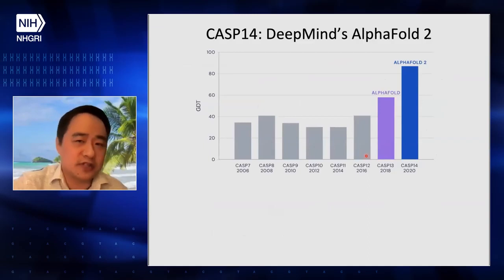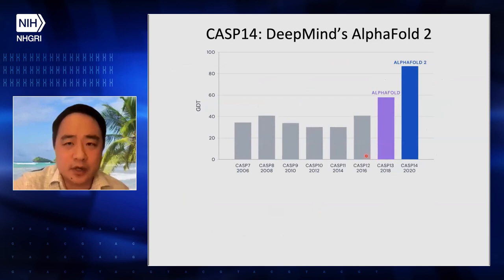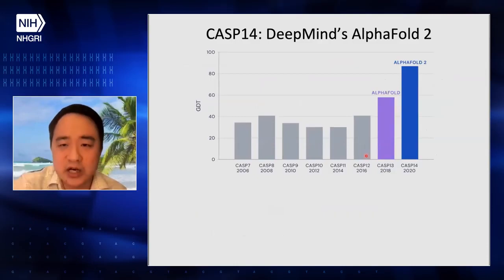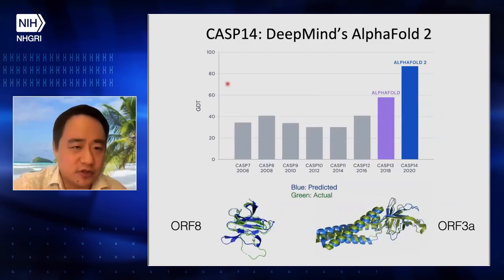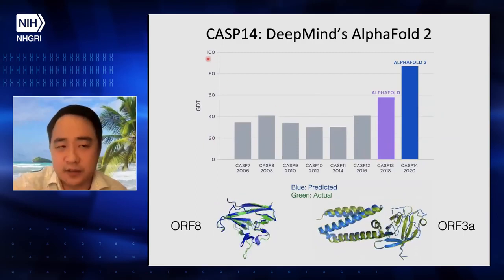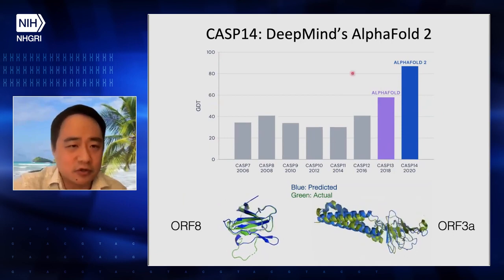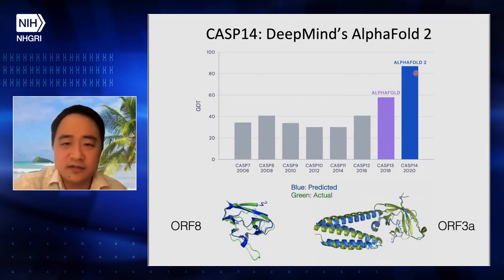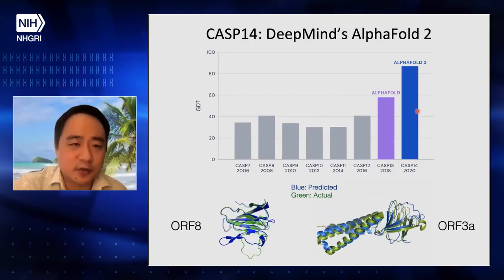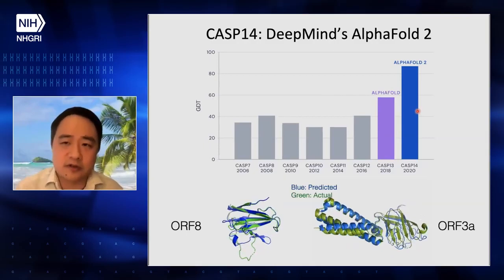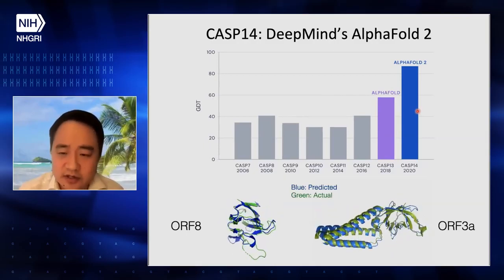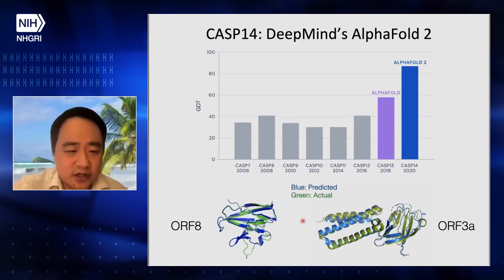But what's most interesting is what happened last year, in CASP14. DeepMind's approach has some components related to what I just described, but they greatly improved the performance. You can see that the GDT, which is scored between 0 and 100, where 100 means perfect prediction, for AlphaFold is close to 90, and this 90 is about the consistency between two structures solved by two different groups. Okay, so here I also show you, down there, two very challenging structures.